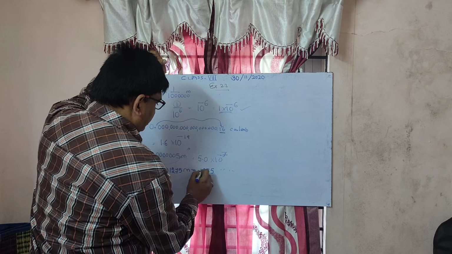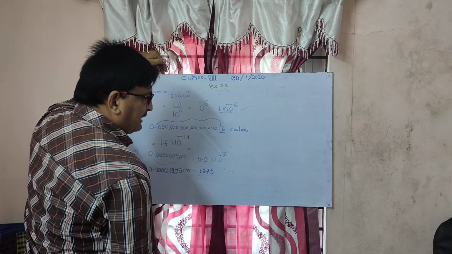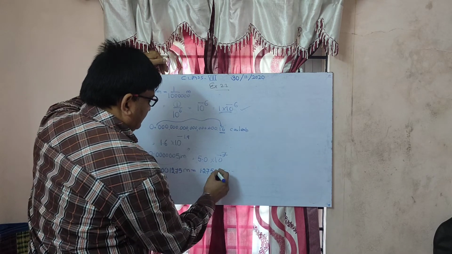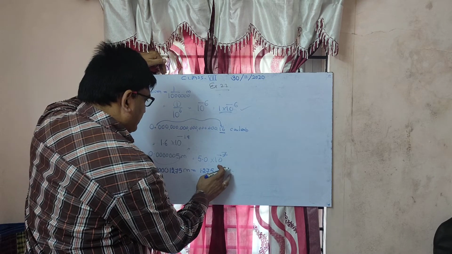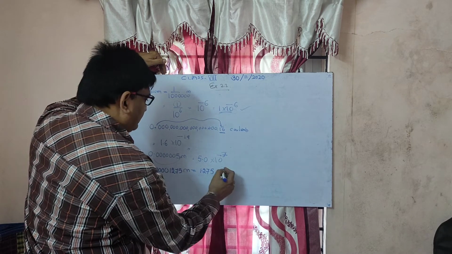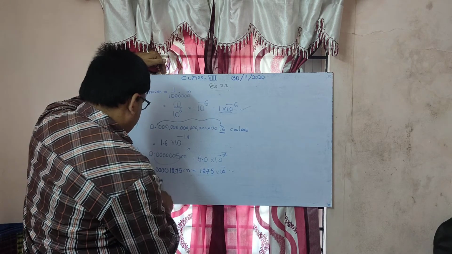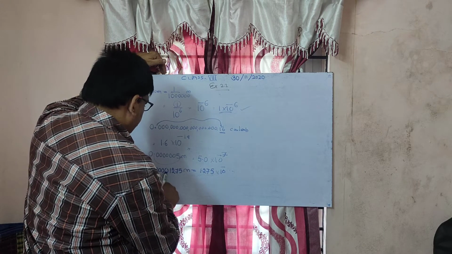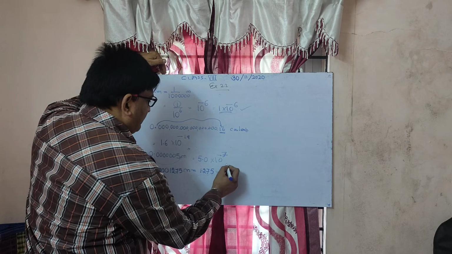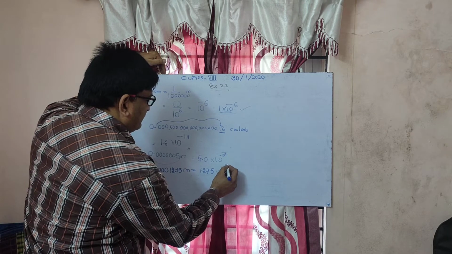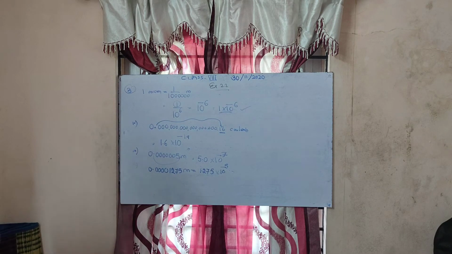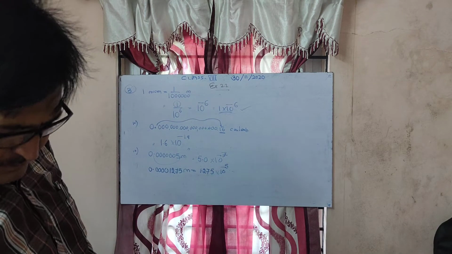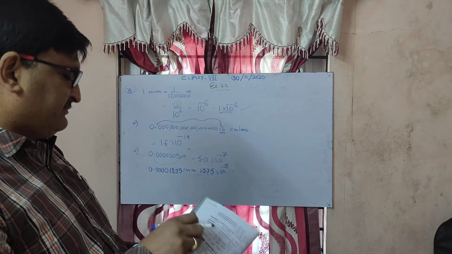The point will be here. Why? Because it should be more than 1 and less than 10, into 10 to the power. So again the point is moving from left to right. Power is negative. How many numbers moved? 1, 2, 3, 4, 5. It moved 5 points. It moved 5 digits. So it is 1.27 into 10 to the power minus 5.